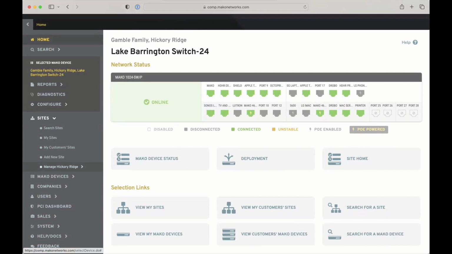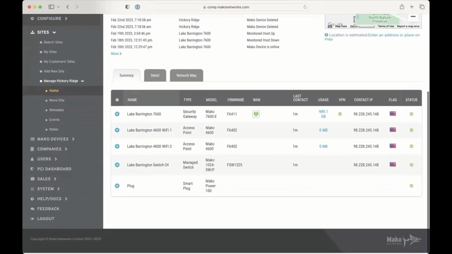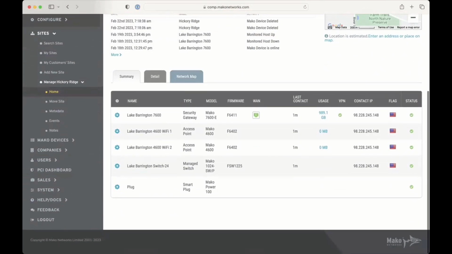But if it's the brand that owns that template, a dealer ranks underneath them in terms of the hierarchy of the Mako system. They can't make any changes to anything that's templated by someone above them. So that's how the system can very easily control different aspects of different things. Lastly, if we go to manage this particular location, you can see that we had a look at these devices here, but if we go to network map,